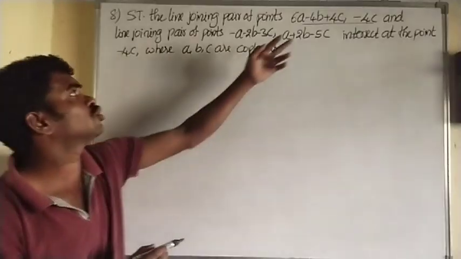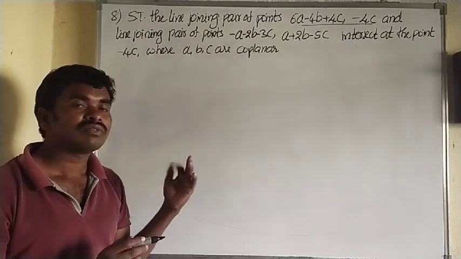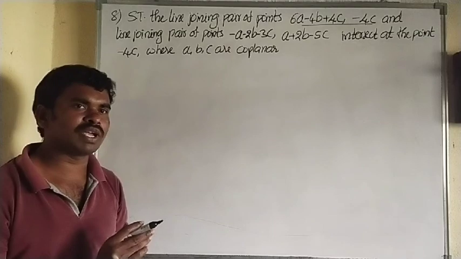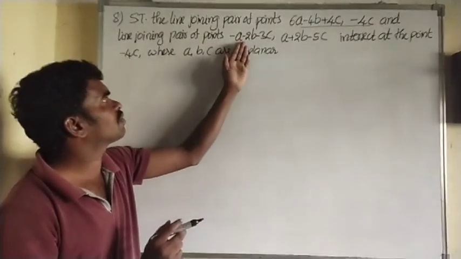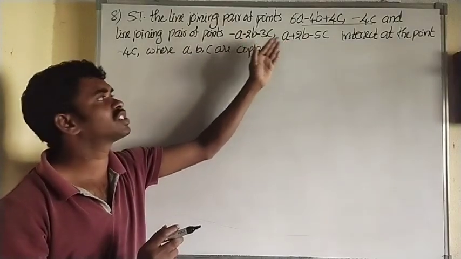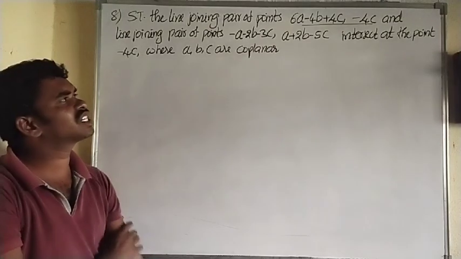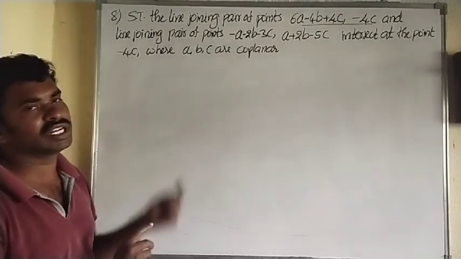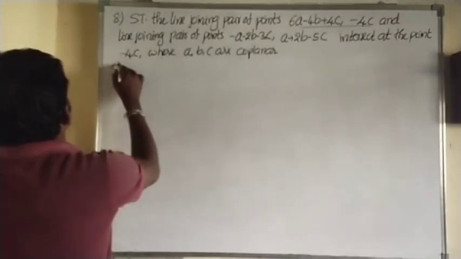So passing through two points, what is the vector equation? r equals 1 minus t into a plus t into b. Very good. Similarly, for the second line, the pair of points, this is a, this is b, consider. So this also we get 1 minus t into a plus tb. So we get two equations. By solving those two equations, we can get the intersect point minus 4c. Okay. So let us take the solution.